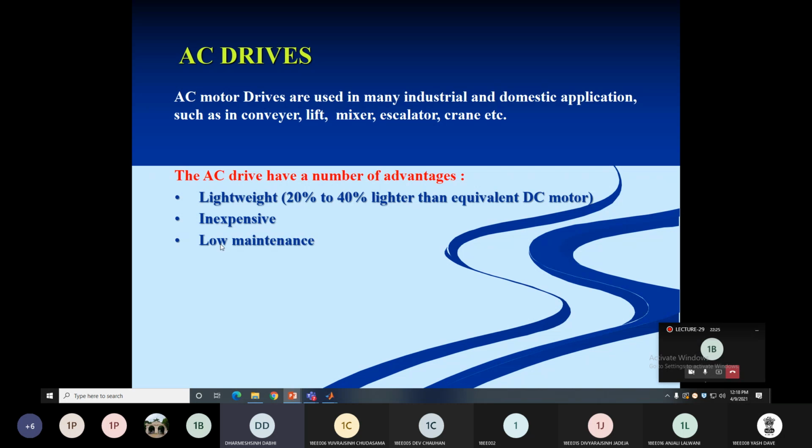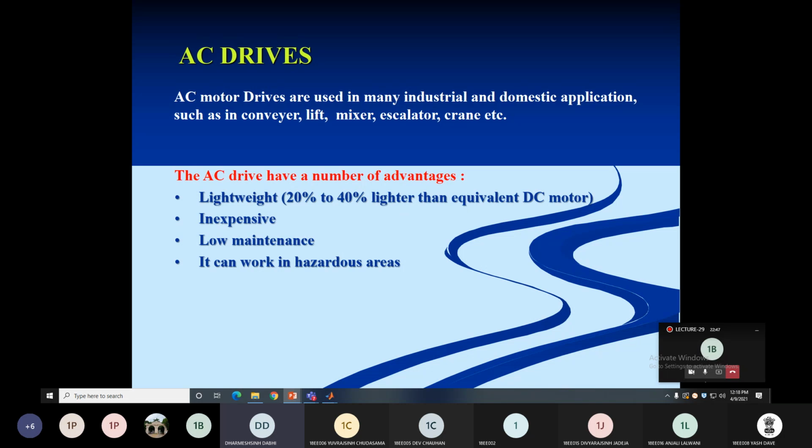So that's why AC drive is low maintenance as compared to the DC drives. Fourth one is it can work in hazardous area. It means AC motor or AC drive can be worked in hazardous areas like chemical process plants, petrochemical plants,